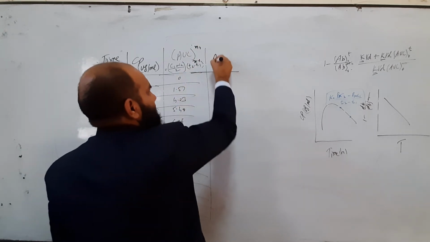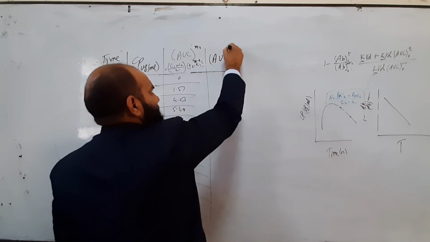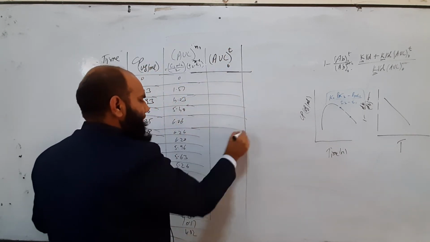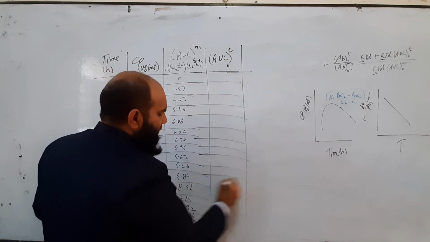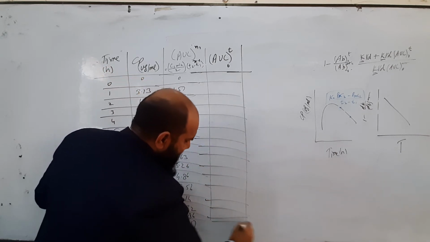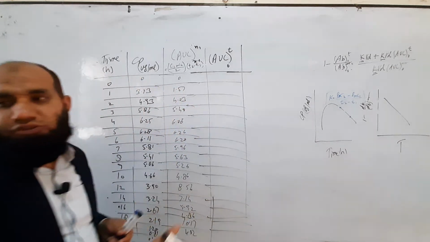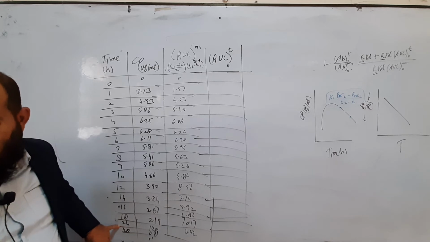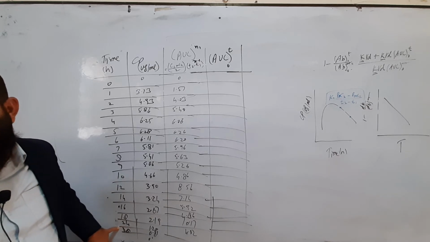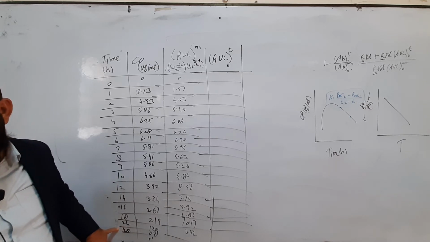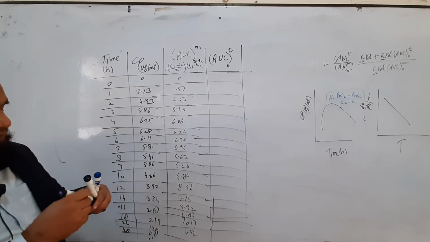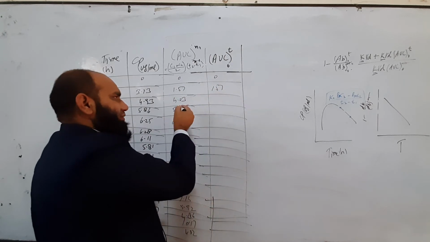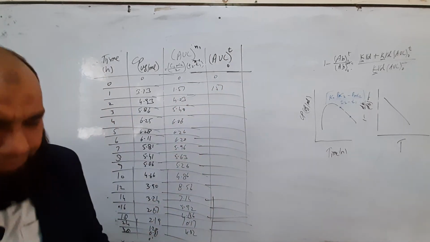Now we will move toward the AUC from 0 to T. First we just have to add up, and at the last we will get the value of AUC 0 to, for example, 28 hours. Now what are we looking for? We are looking for AUC from 0 to 28. Remember, we start from 0 here, then 1.57 plus 4.03, and we will write here